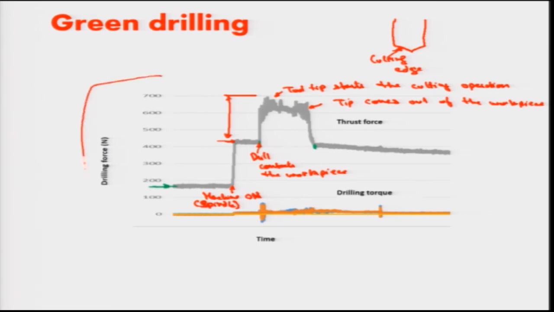So these are the drilling forces. Also an interesting thing to note is that thrust force and drilling torque are there. The torque is not varied a lot. The magnitude of variation is only 2 newtons here. The thrust force is varied maybe from 430 to 630 something, so it is around 200 newtons. This is the magnitude of variation. So we will work only on the thrust force, because drilling torque is not significant in front of the thrust force. This is how the drilling operation takes place.